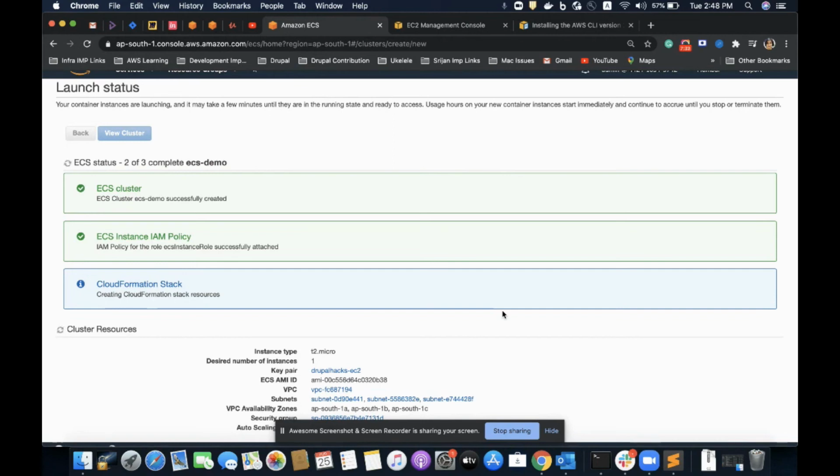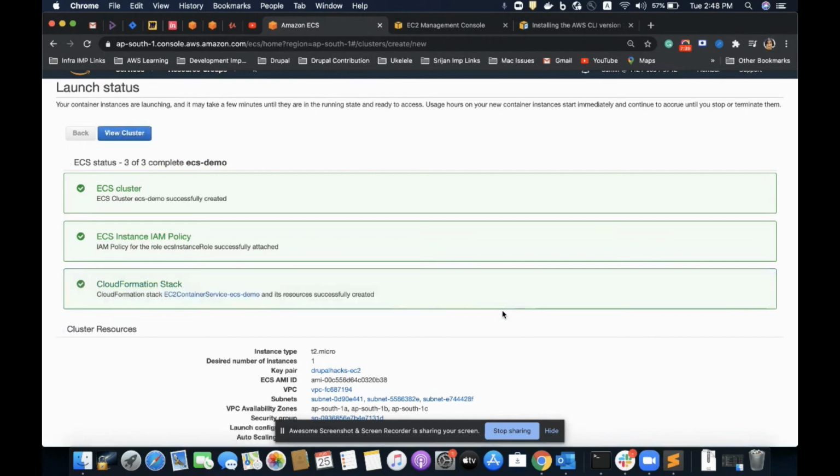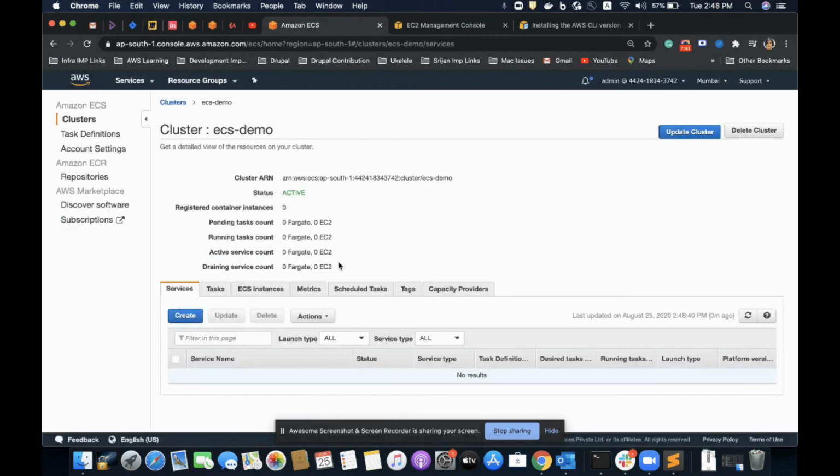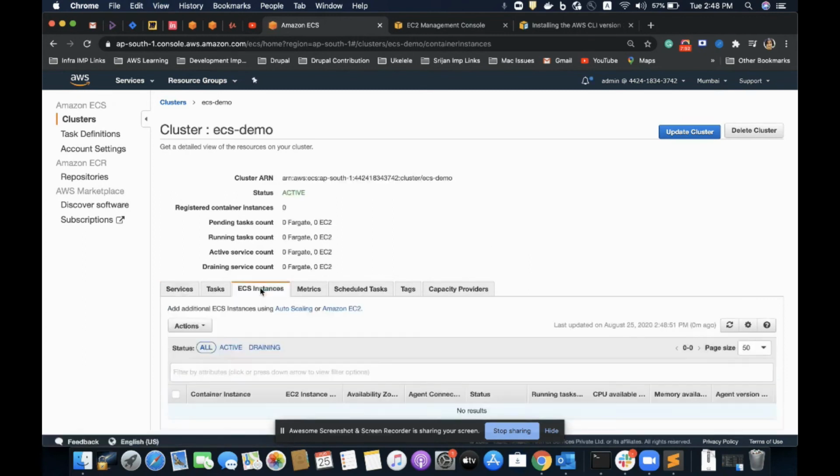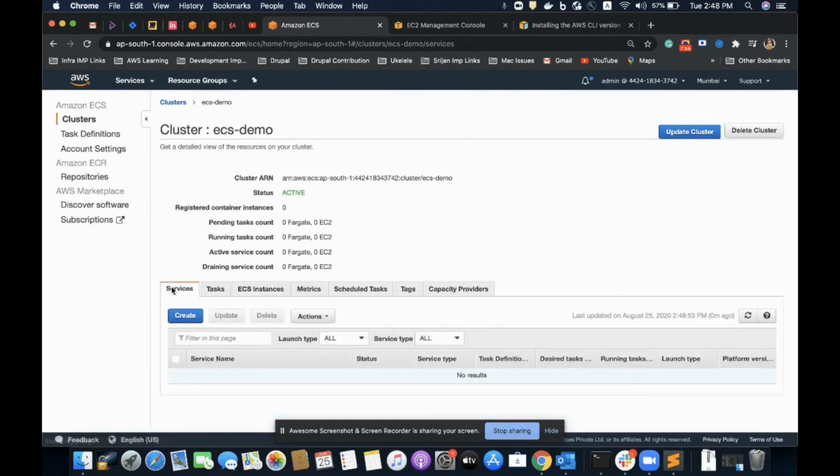Let's wait for a while. It should be done. Okay, it is done. I have my cluster here. It is showing 0 EC2 instances, but it will start showing them.